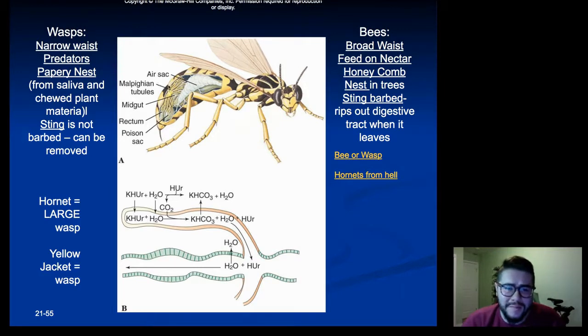A wasp makes more of a papery nest, which is from like saliva and chewed plant material that they construct their nest out of, while we have the honeycomb nests that are in trees. And then the biggest difference is that bees' stings are barbed, which means as they sting somebody, the stinger stays in the skin of what they sting. And it's connected to their digestive system. So when they sting and fly away, their digestive system gets ripped out of their body,